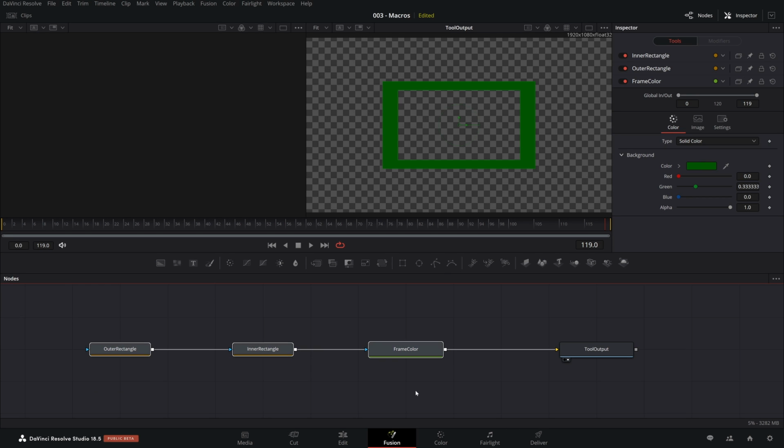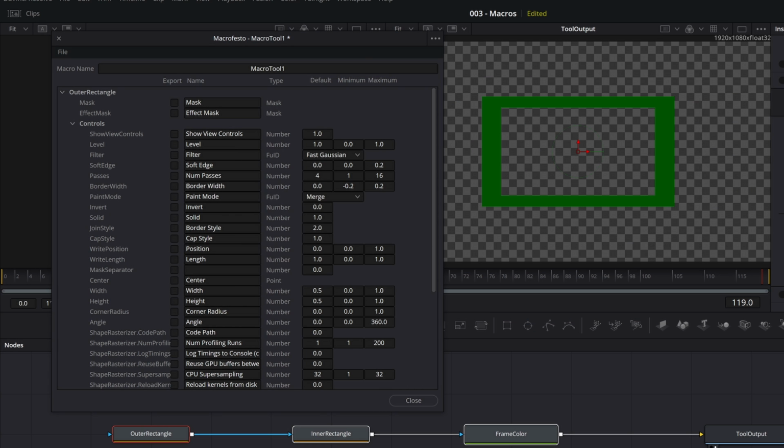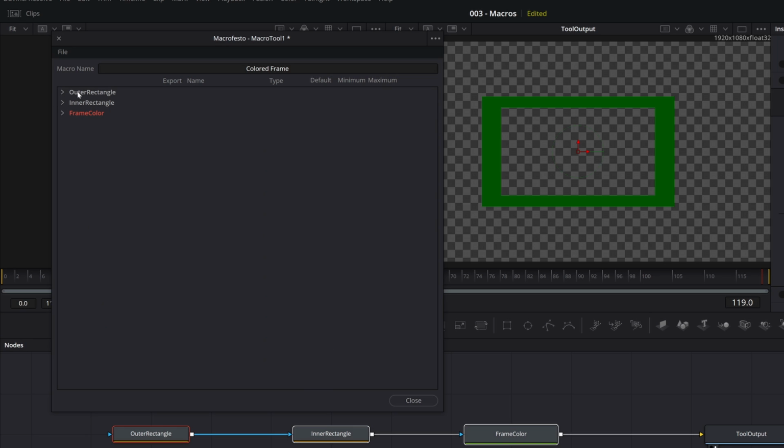So you select the nodes that you want to create a macro from, right-click, come up to the macro option, and click Create Macro. The first thing you want to do is give your macro a name. I'm going to call this a colored frame. And let's come over here and collapse this. So you see here, there are 3 nodes, and that's because we have 3 nodes in our composition: outer rectangle,